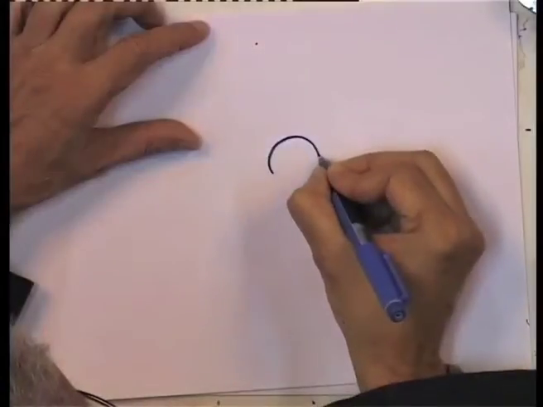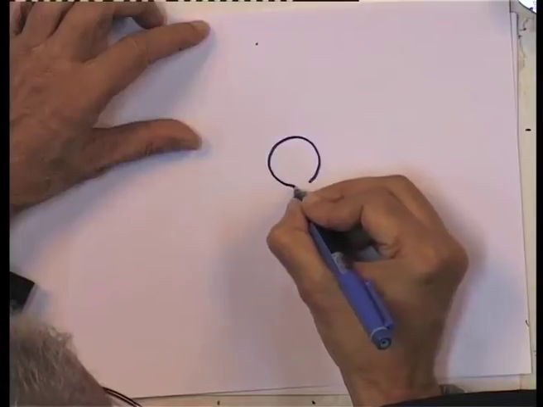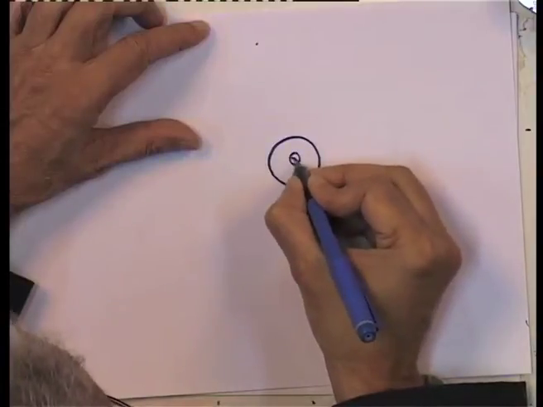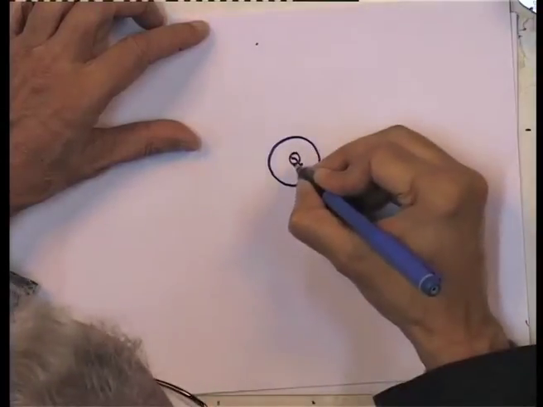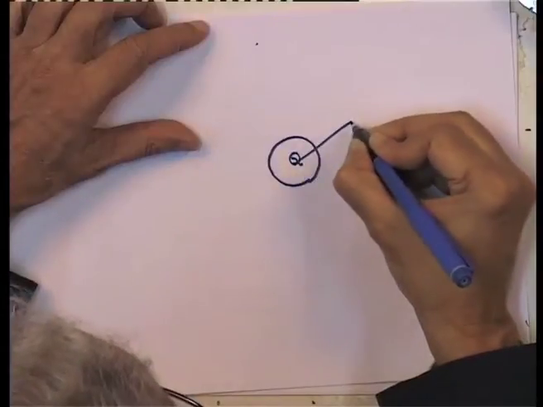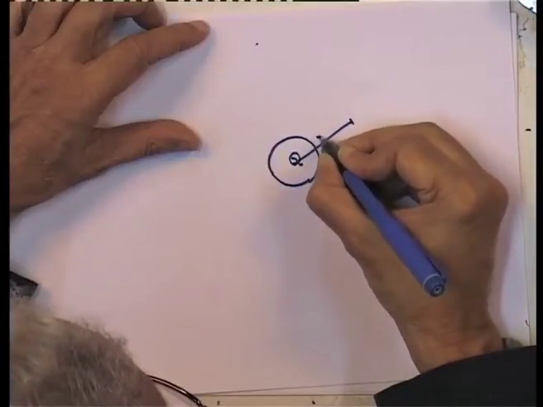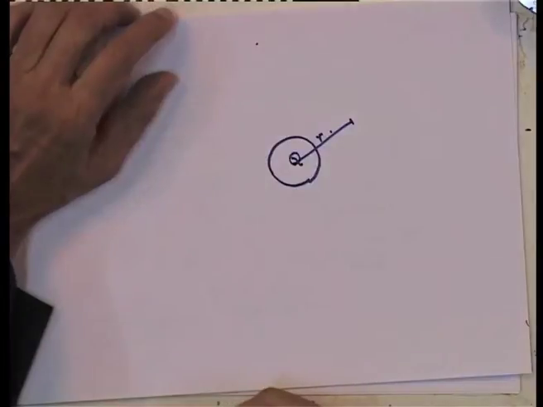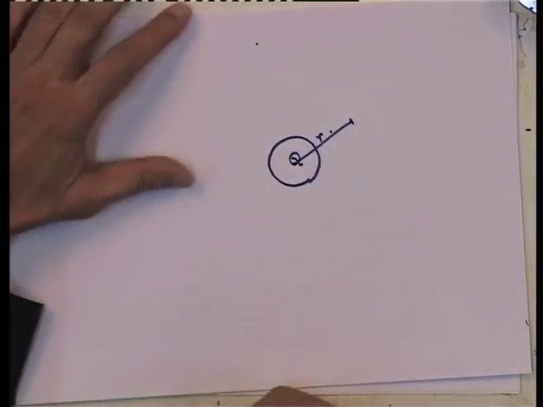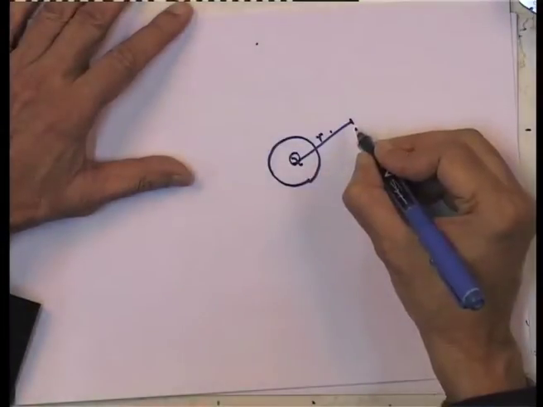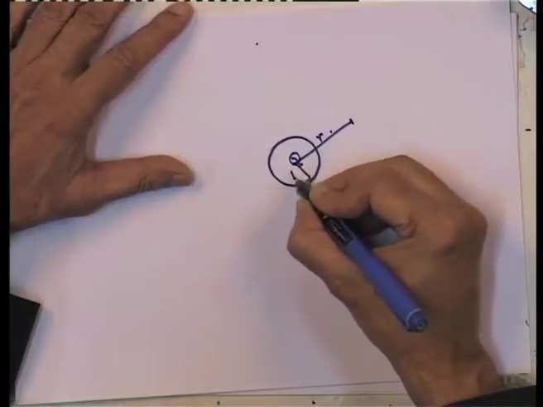Supposing this is my sphere containing a charge q, and I am interested in finding out the field at a distance r from the center. Now, if this r is greater than the radius capital R of the sphere,